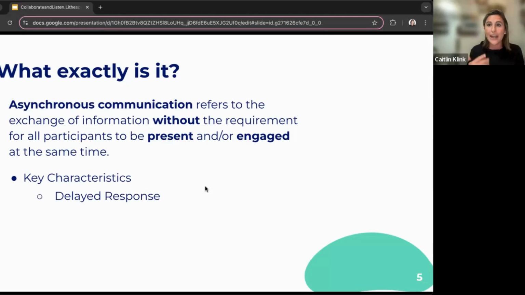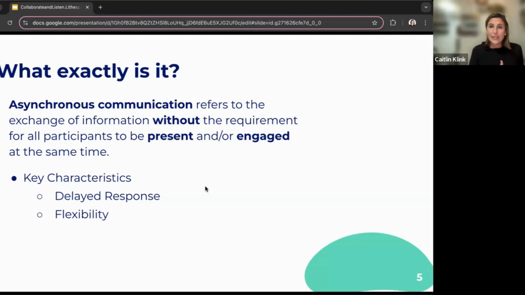In our culture today, where everything is about building more and doing more and being faster and being better, the idea of a delayed response may seem super negative, but hopefully by the end of our time together, you will feel that it is not super negative and that there's some real benefits to pausing and taking a moment before responding, and also having the expectation that there will be a delayed response and baking that into the way that we think about collaborating with our teammates and the way we think about one another's time and respect for that time.